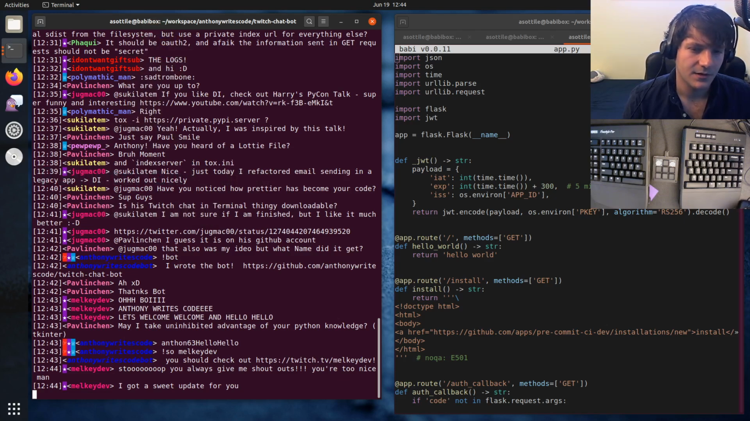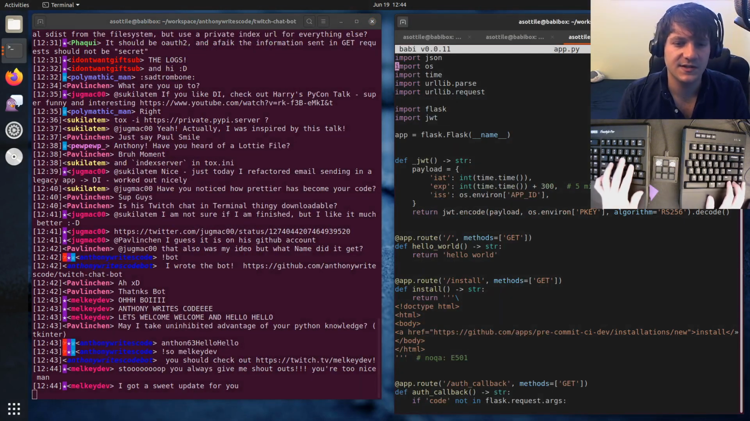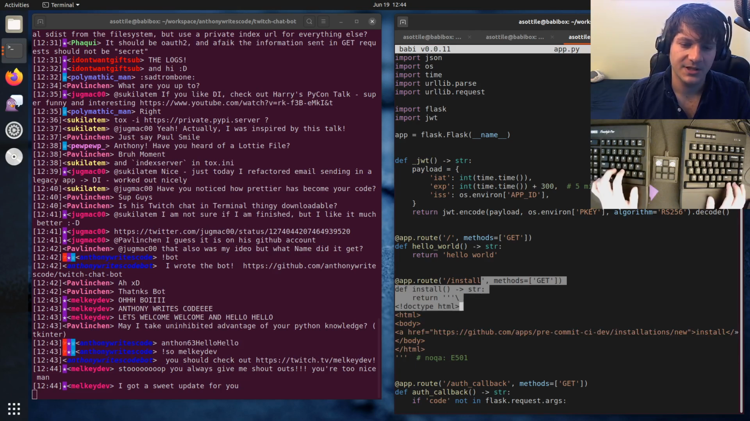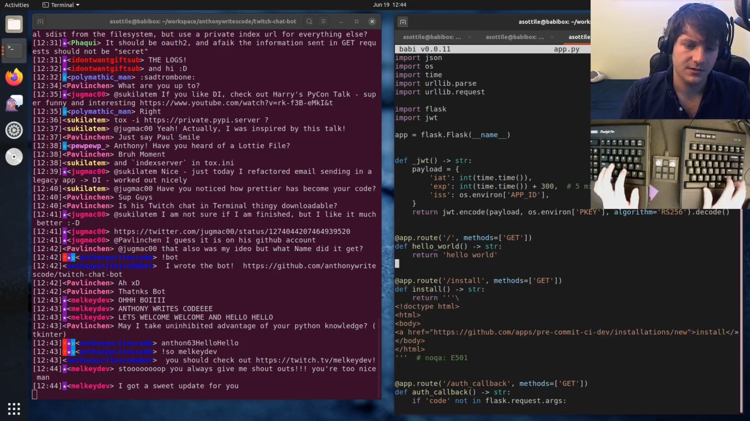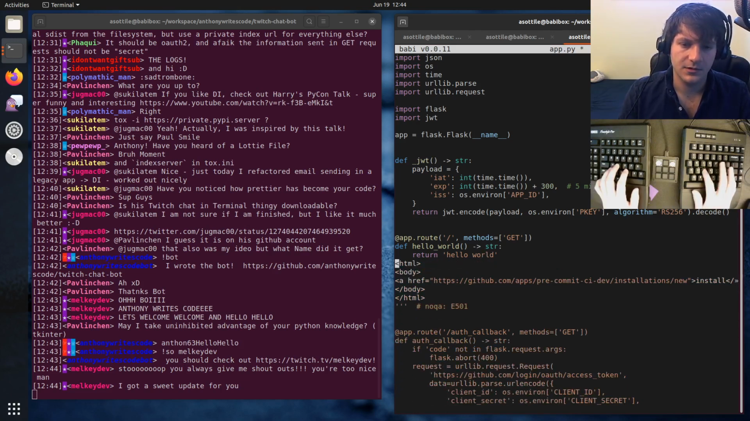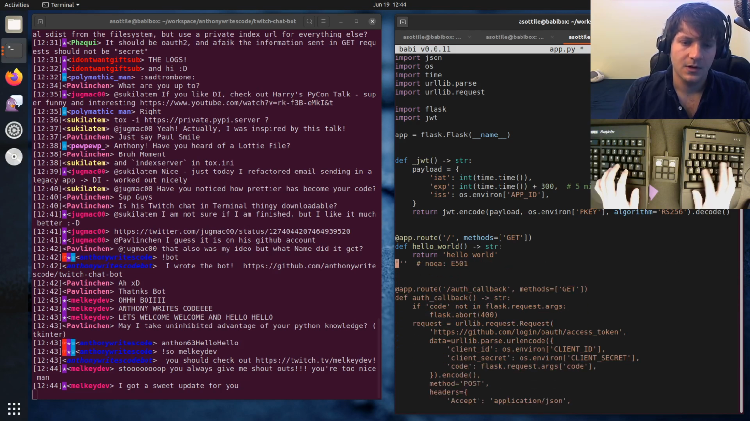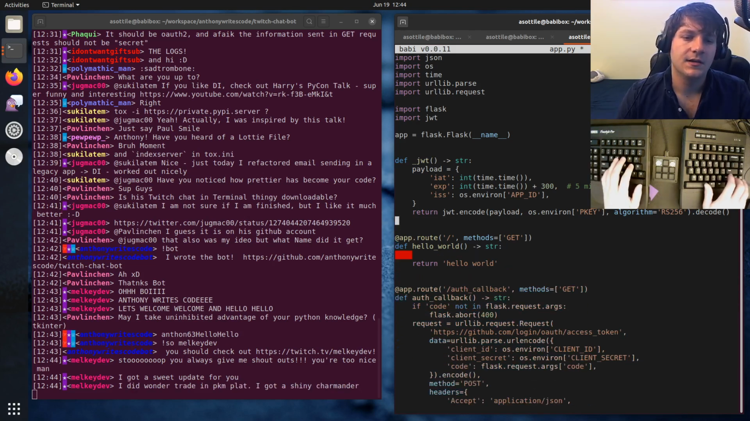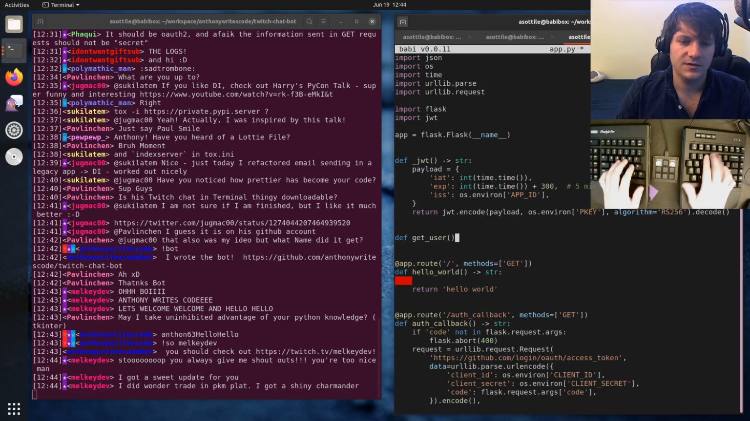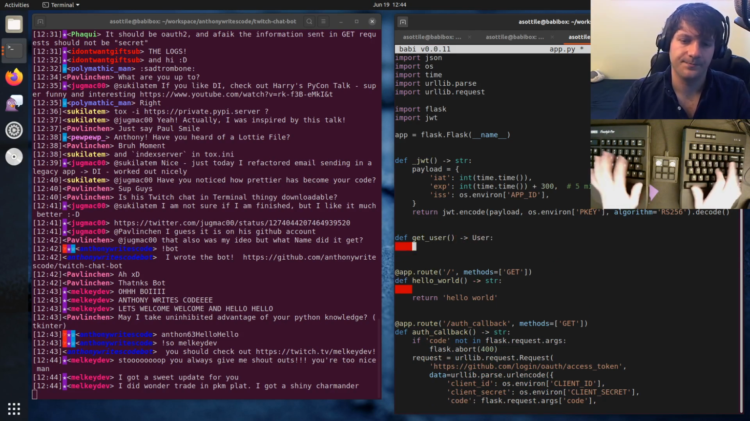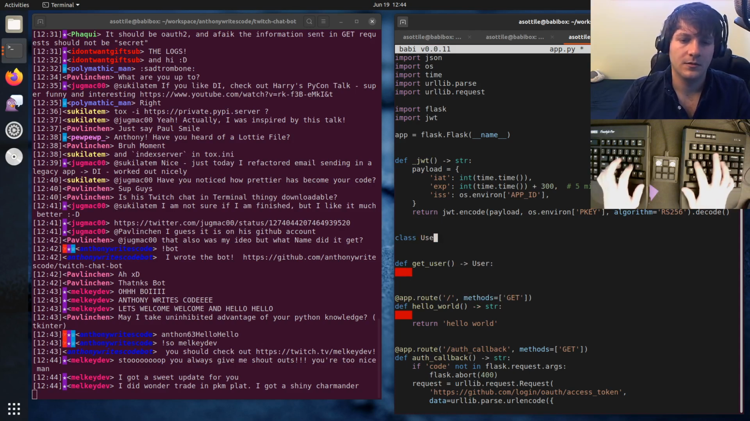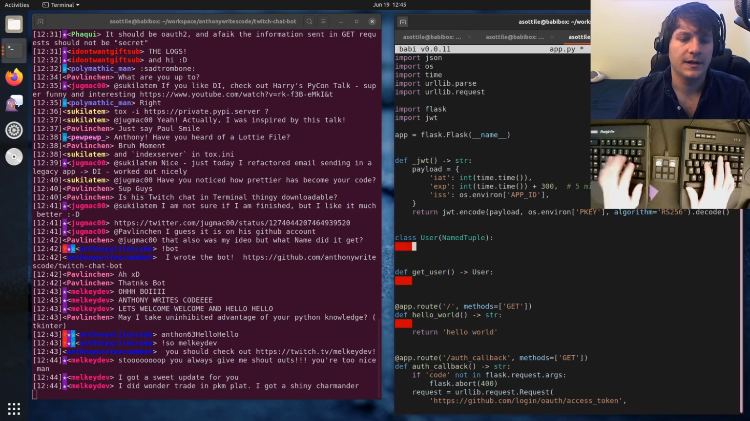What was I doing? Oh, so what I want to do is adjust this to know whether we're logged in or not, and we'll probably get rid of this endpoint entirely. Let's see. Get user, which will return a user. And our user will probably have,